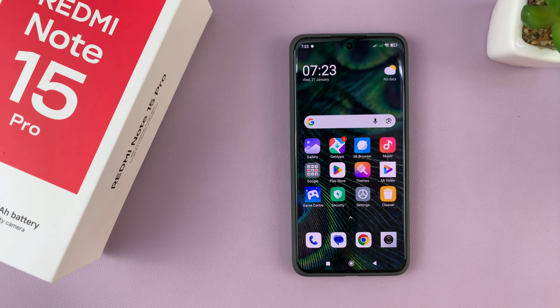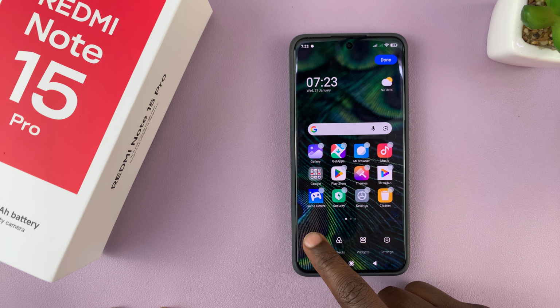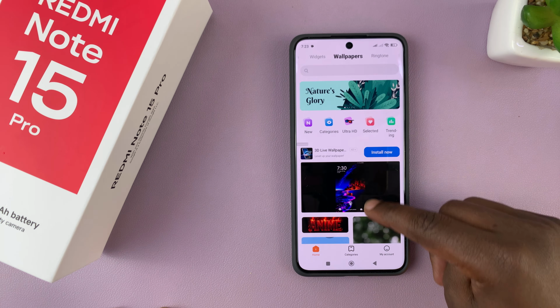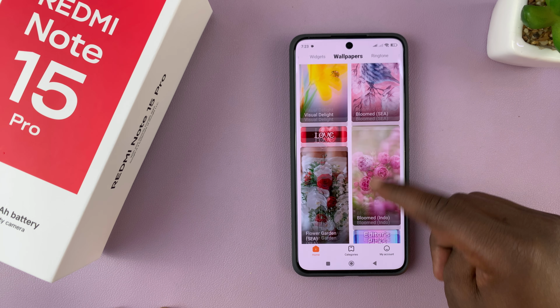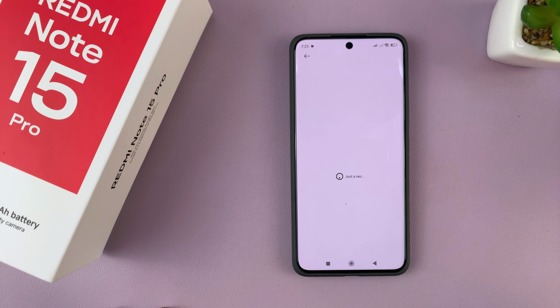If you want to change the home screen wallpaper on your Redmi Note 15 Pro, just long press an empty space on the home screen and then select wallpaper. Now that opens up the gallery or the theme store where you can pick any wallpaper from the list of many available wallpapers. So for instance, I can pick this